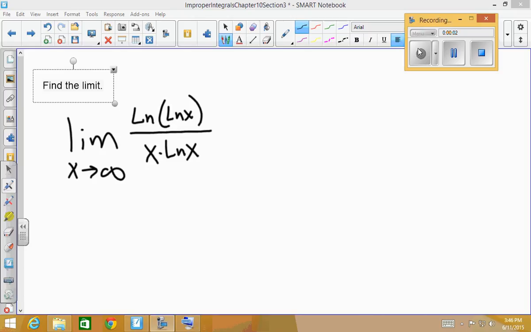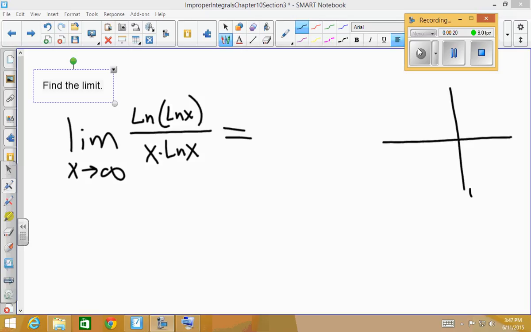Find the limit as x goes to infinity of the natural log of x divided by x times the natural log of x. If we try to evaluate this immediately using the quotient rule, as x goes to infinity,